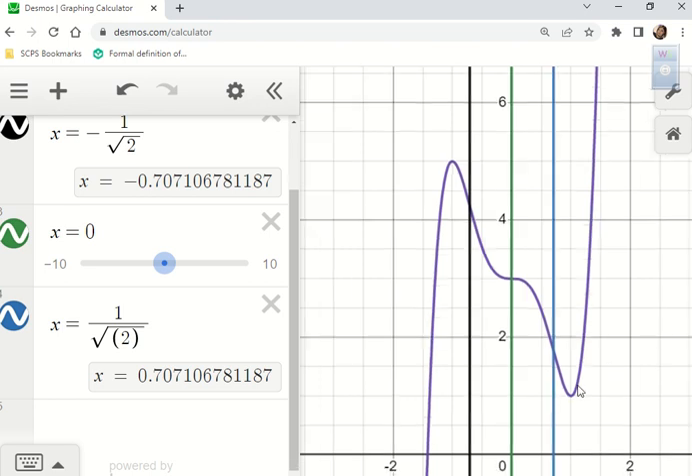But does anybody have any questions about the graph? Does everybody understand how the inflection points are up here? Okay. So today we